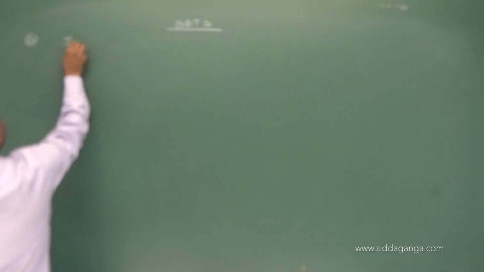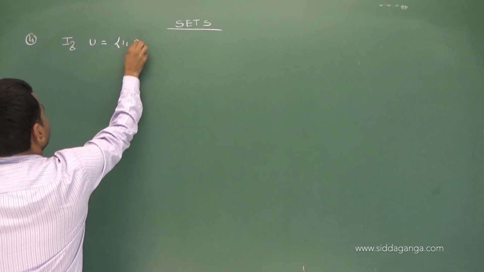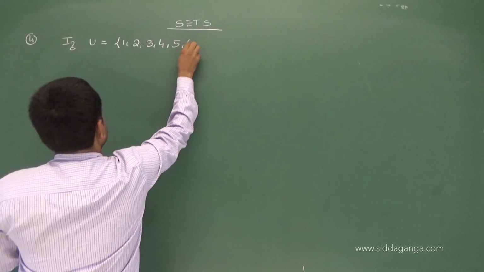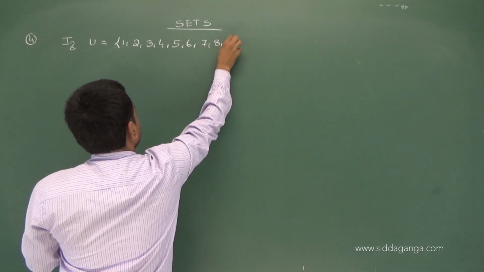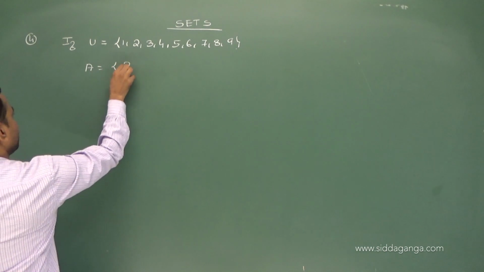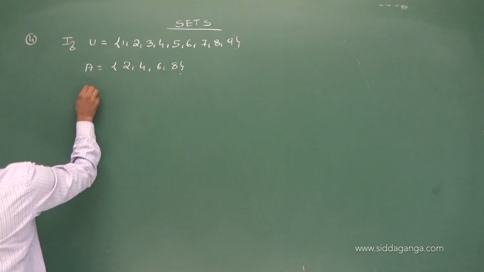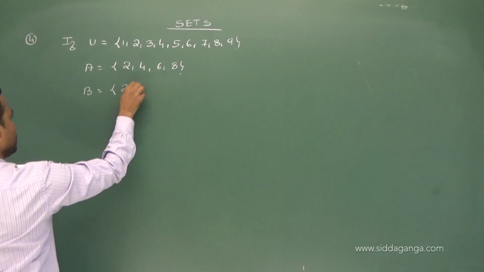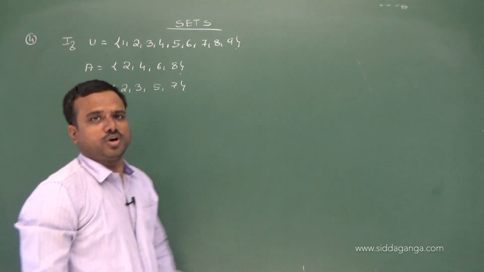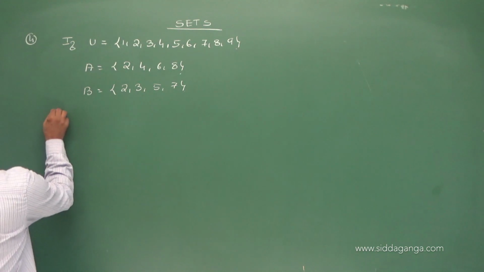If U is equal to 1, 2, 3, 4, 5, 6, 7, 8, 9, A is equal to 2, 4, 6, 8, and B is equal to 2, 3, 5, 7. A and B are no doubt subsets of U. What he asks, we will select. Verify